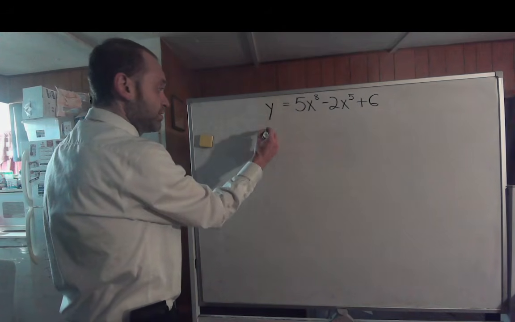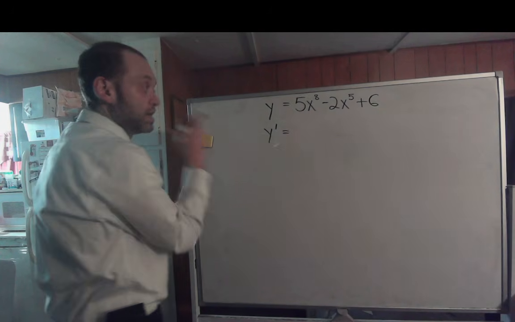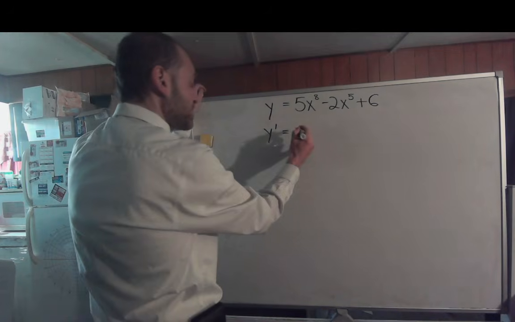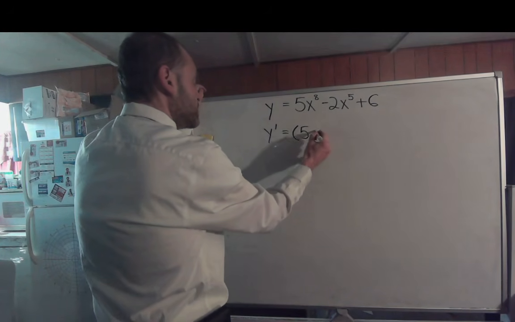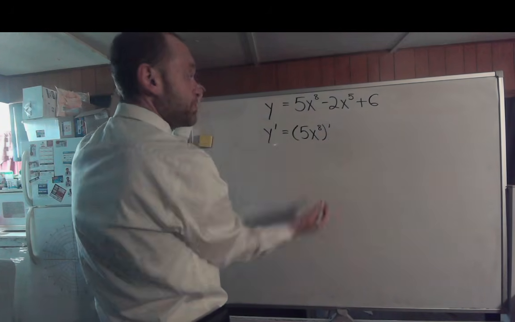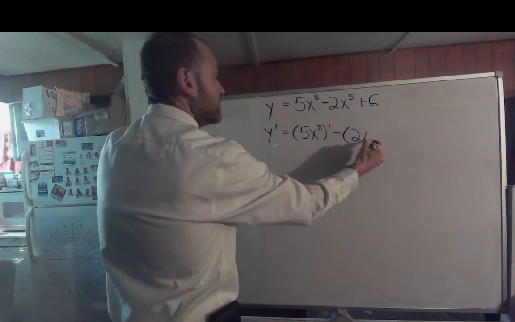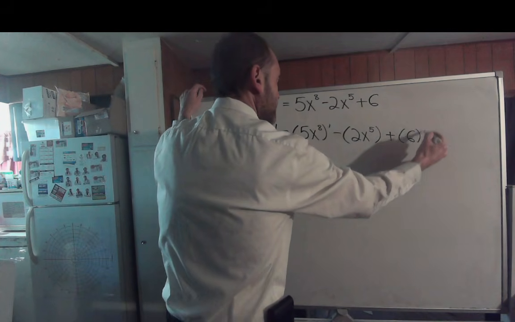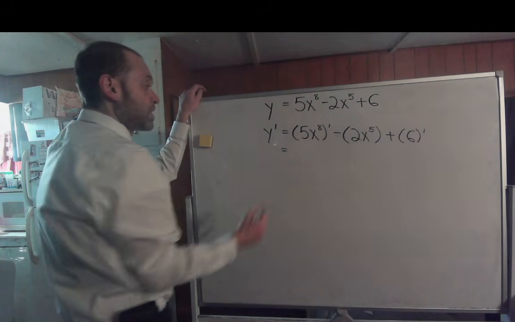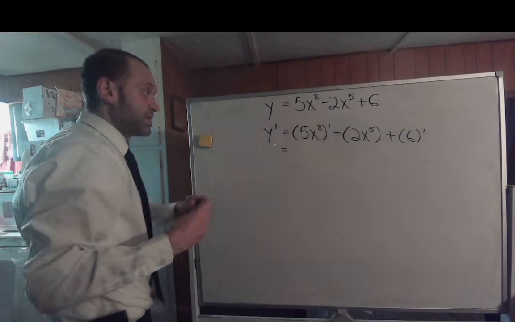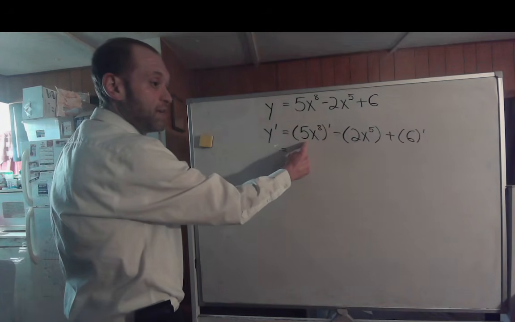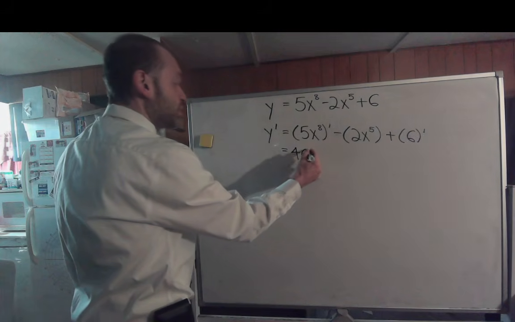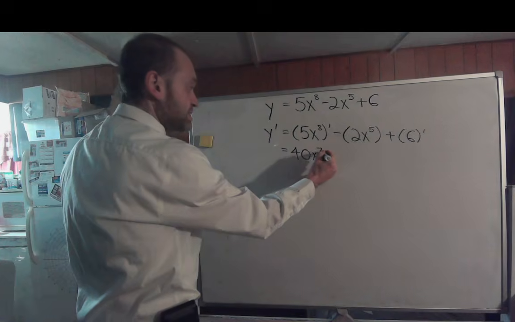If we want to find the derivative, we could say y prime then equals the sum and difference of the derivatives of each of these terms. So y prime, that's going to equal the derivative of 5x to the 8th minus the derivative of 2x to the 5th plus the derivative of 6. Well, the derivative of 5x to the 8th, if I bring that 8 down front, multiply it by 5 times x, I would end up getting 40x, and then lower that power of 8 by 1 degree, that would be to the 7th,